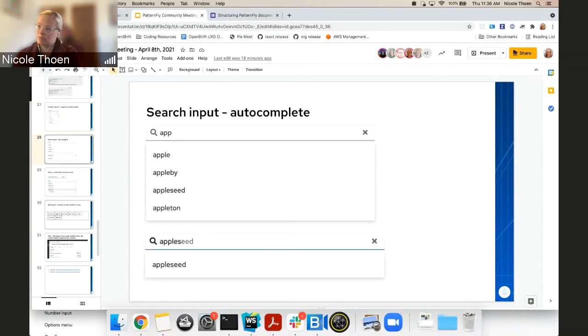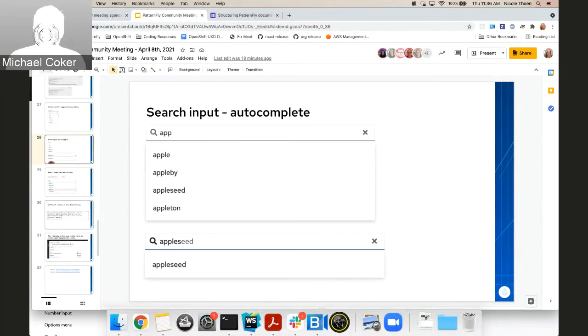The search input component now supports autocomplete. So as you're typing, you just get autocomplete suggestions that pop out in a menu below, and you can select. Also supports hint text in the text input and for the search input, and you can see that in the second example. Basically, just pre-populates text there to show you a potential match. And the next.